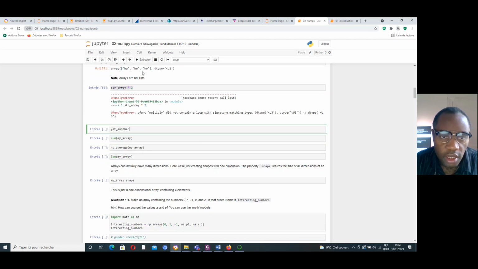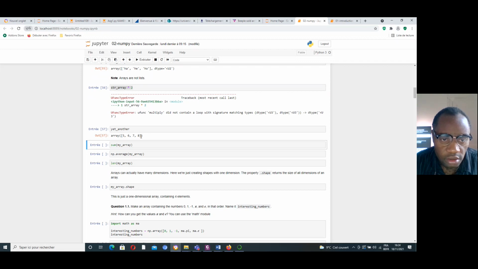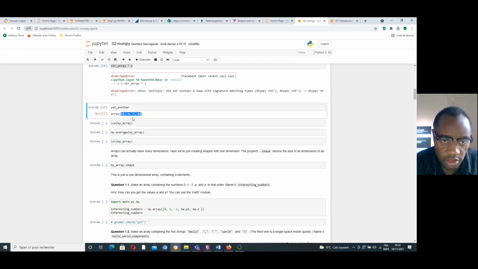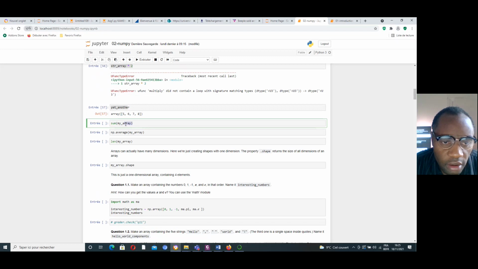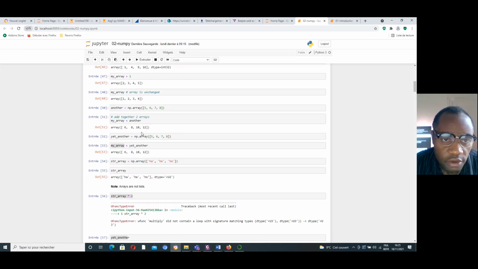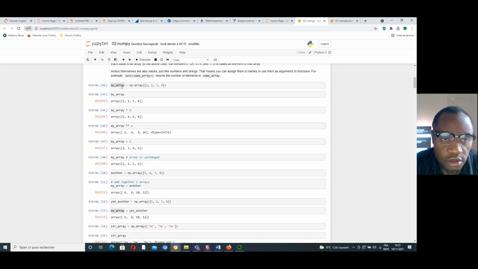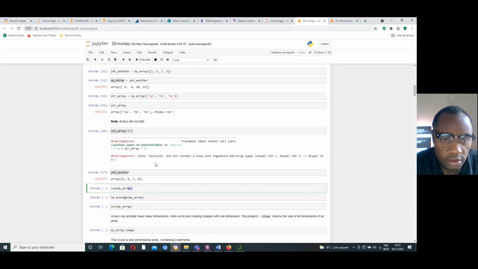Just go there and execute this list. Here's the content of yet another. The different elements which constitute this list are integers. You can sum all the elements of the first list here.